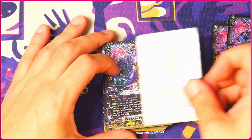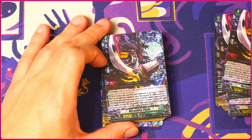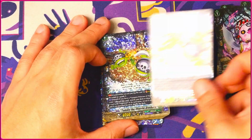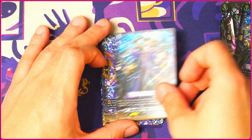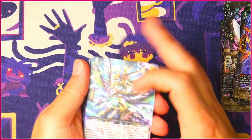Got ourselves here 4 copies of the Necro Lazy, 4 copies of the new Marauding Shade here, 4 copies of the new Ghosty Brothers, then 4 of the Necrobone, and then 4 of the Water Spout the Djinn, which looks really nice. Then you get the rest of the triggers in